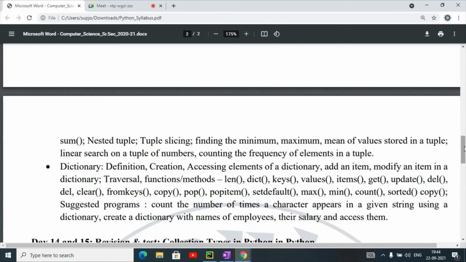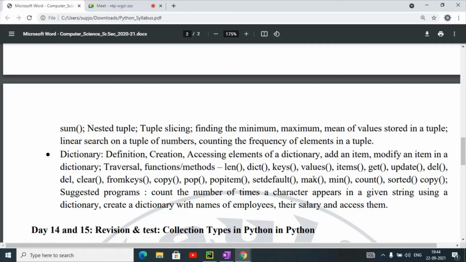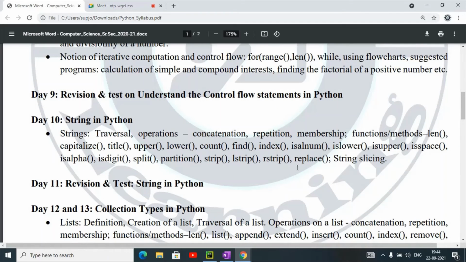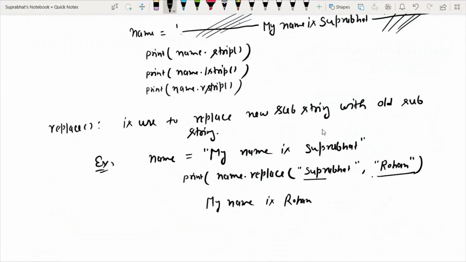It will also be used in dictionaries when we discuss dictionary methods in detail. So what is the use of string slicing? I am going to discuss this topic.